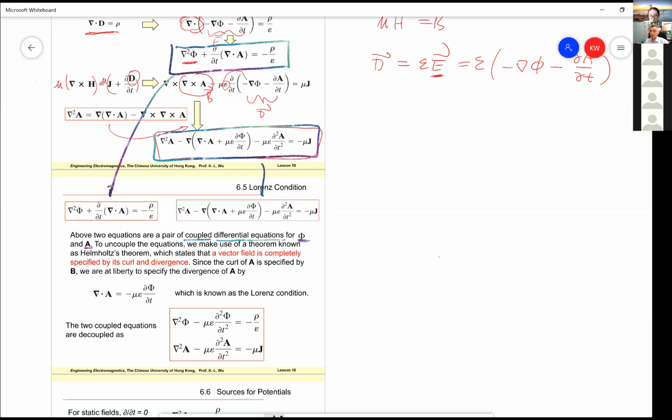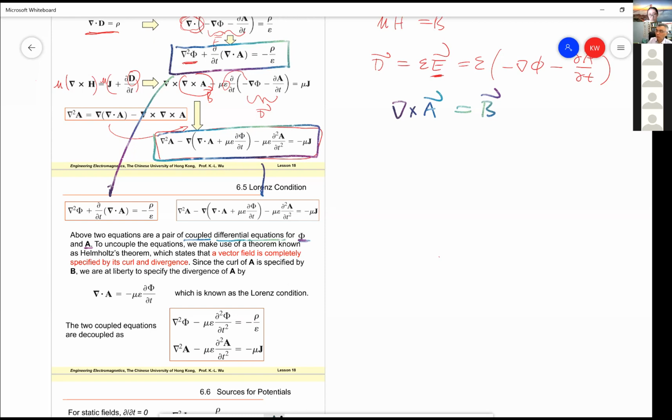The reason is we defined the curl of vector A. The curl of vector A equals B. This is defined, but